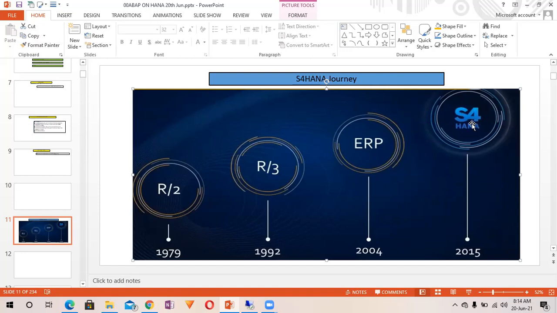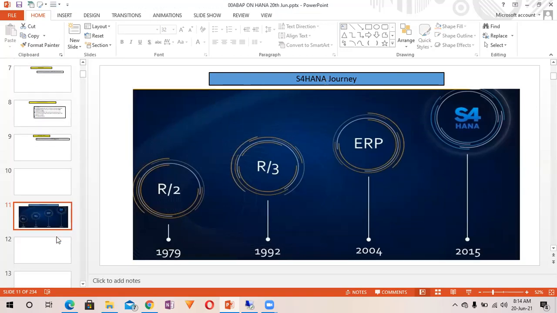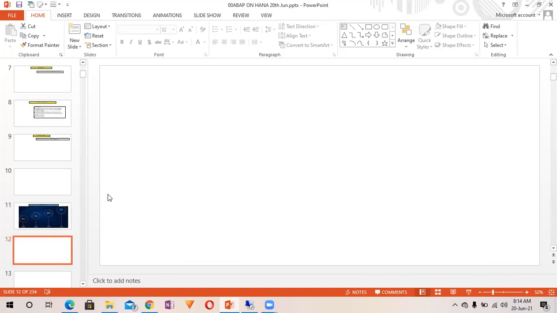This is the S4. In order to understand more about S4 HANA, let's start with the three-tier architecture.